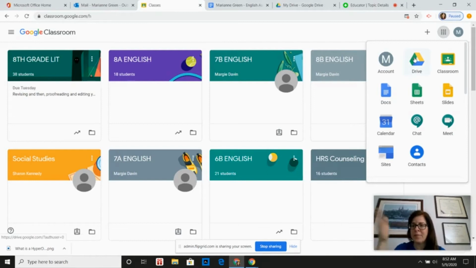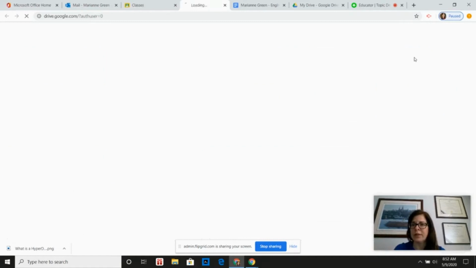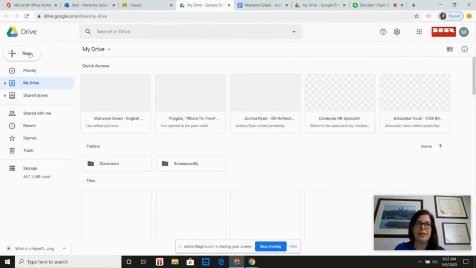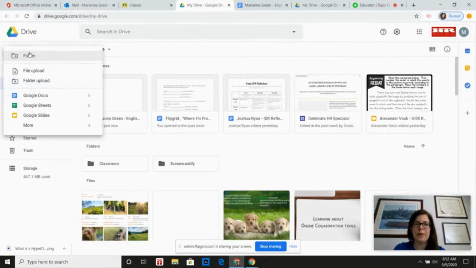Okay, so this is one method through the drive. You click on the drive. You can come over here to the new and create a new document here. All right, maybe I did that too fast. Again,